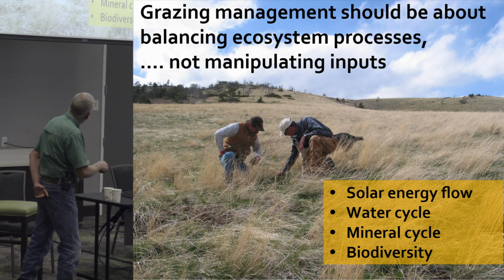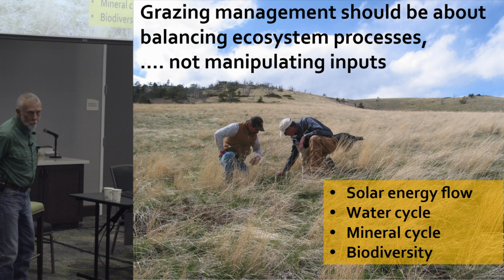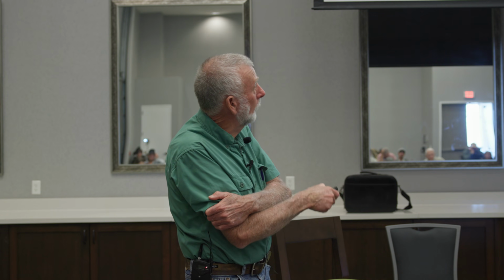Very often we would describe this as ranching in harmony with nature rather than in opposition to nature. And I've learned that you want to make Mother Nature your business partner because she's the best partner that you can have. And so we work with what are called the ecosystem processes: solar energy flow, water cycle, mineral cycle, biodiversity. Some people would call that community dynamics. But those are things you can control. And it's understanding these processes and managing them that's really the bottom line, or the baseline, the foundation of profitable